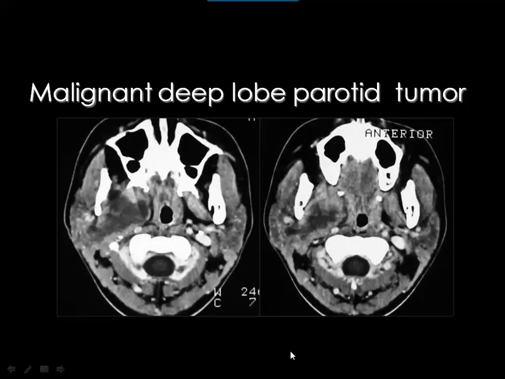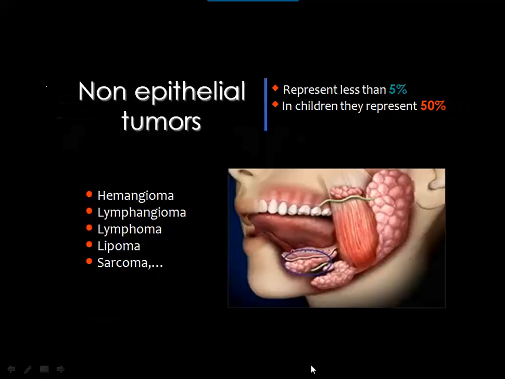This is also a deep lobe parotid tumor, and you can appreciate that it involves the deep lobe, displacing the parapharyngeal fat medially, and because of the heterogeneous enhancement, you may assume the possibility of a malignant lesion. Non-epithelial tumors represent about 5% of the salivary gland tumors, and they are usually seen in children, most likely hemangioma, lymphangioma, lymphoma, lipoma, and